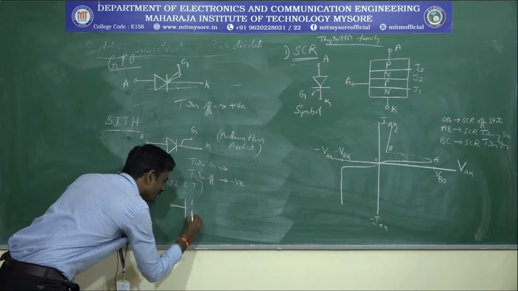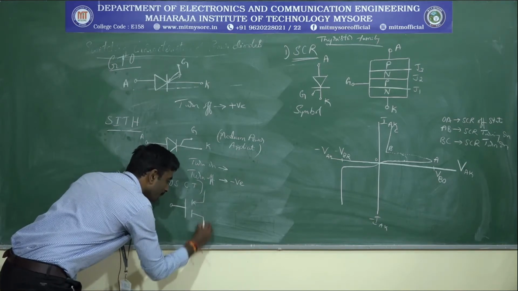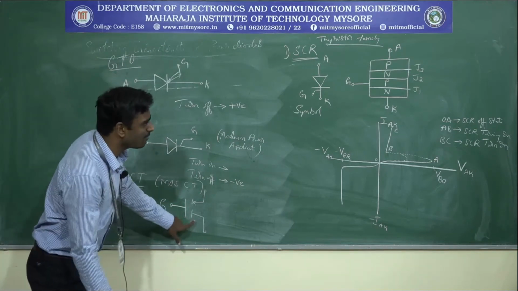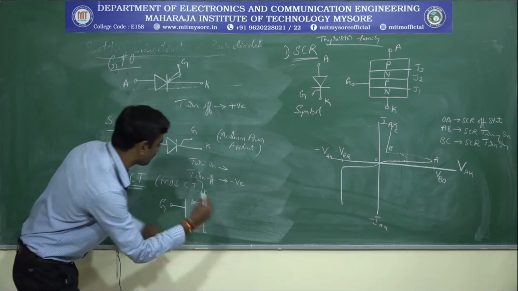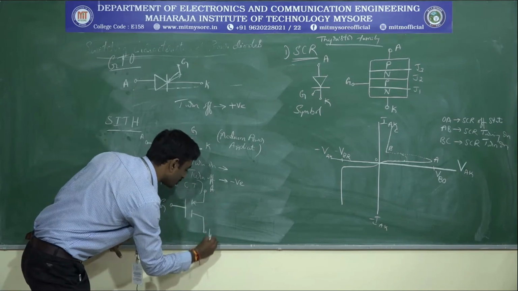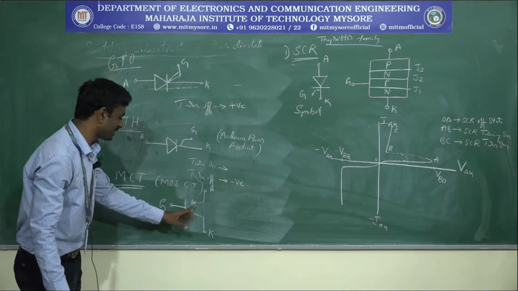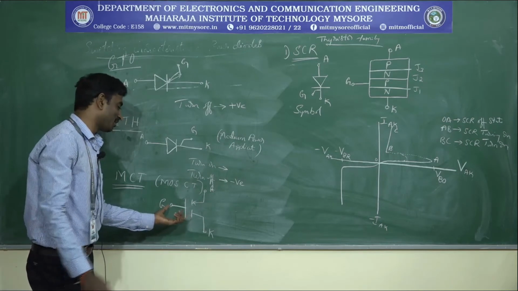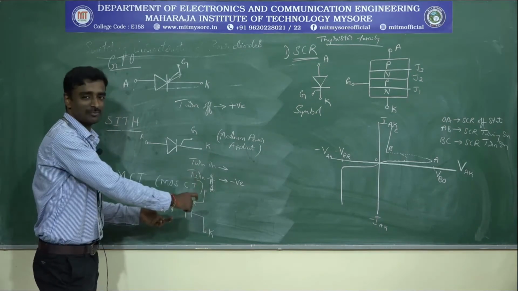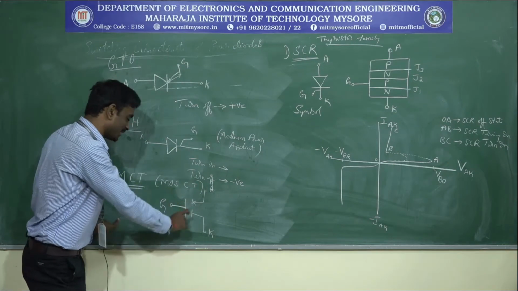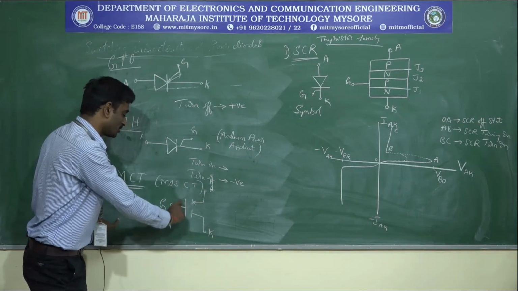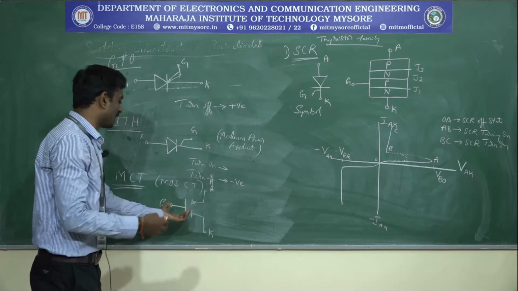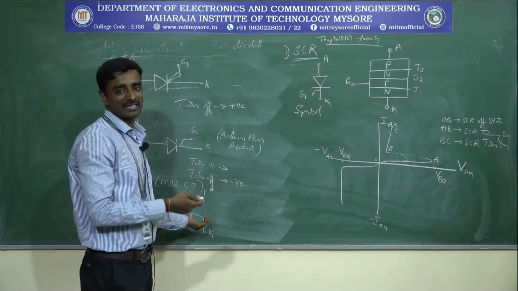In this case, this will be a gate terminal, and I will refer to the other terminals as an anode and a cathode. This is similar to a MOSFET, but in this case it is a combination of a MOSFET and a thyristor family. I will be calling it an MCT. At the gate terminal I will be using a MOS gate, and at the anode to cathode terminals I will be using a transistor material.